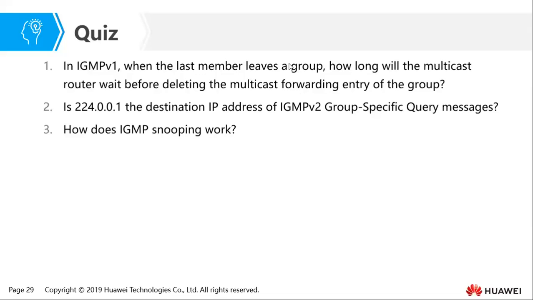So we're talking about the destination IP address of a group specific query message. So I didn't talk about this, but maybe we can reason together. What do you think the destination address should be of a group specific query message? Now the group specific query message, remember, it comes from the host requesting to join a specific group. So what will be the destination address? That specific group. Yeah, I think the destination address should be the address for that group, which is actually a multicast IP address. So please remember that. So there are such questions to confuse you, because 224 is for the query,